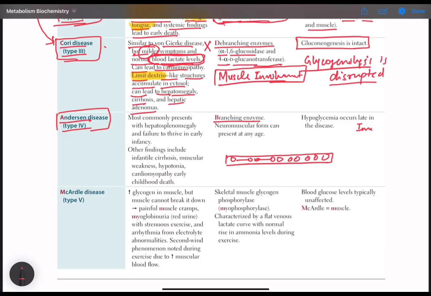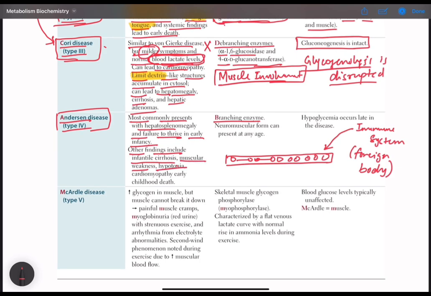What happens in Andersen disease is that the immune system of our body thinks of this glycogen, the linear chain or unusual glycogen, as a foreign body and attacks it. So this leads to widespread inflammation and immune responses in our body. It mostly presents with hepatosplenomegaly and failure to thrive in early infancy. Often findings include infantile cirrhosis due to liver damage and liver inflammation, muscular weakness, hypotonia, cardiomyopathy, and early childhood death. Hypoglycemia occurs late in the disease, and this hypoglycemia is due to the liver damage, not due to the disruption